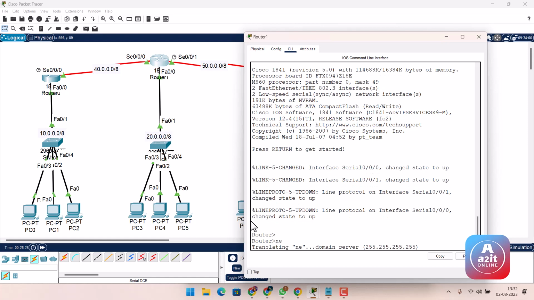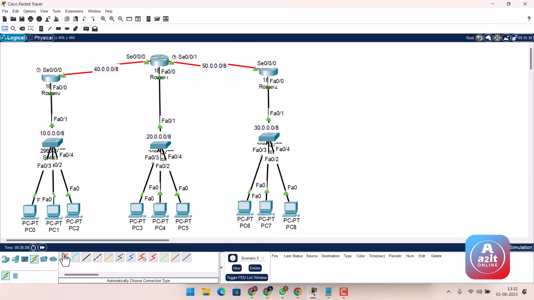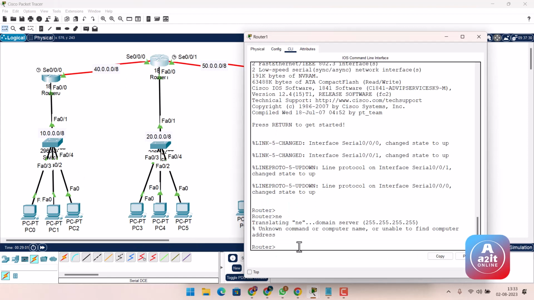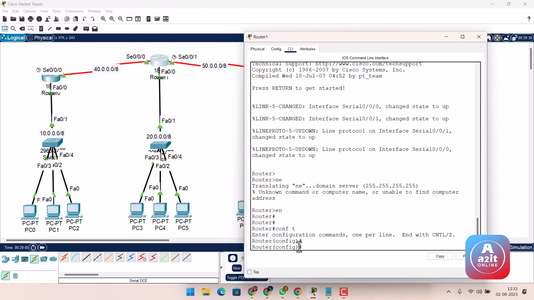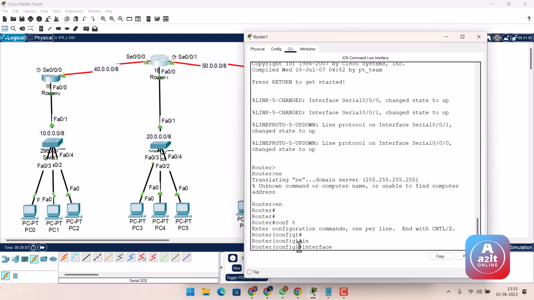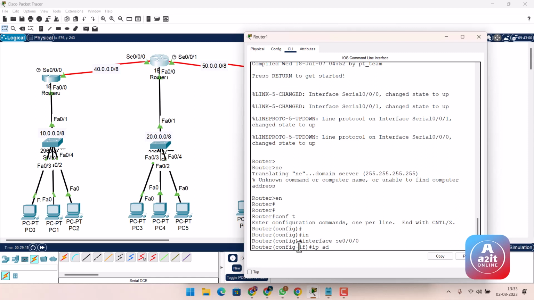Okay, by mistake I entered the wrong keyword, so we just need to fast forward a little more time and it will be fixed. Alright, so now let's open its configuration terminal, and here I'm going to select that interface which is serial 0/0/0, and the IP address is